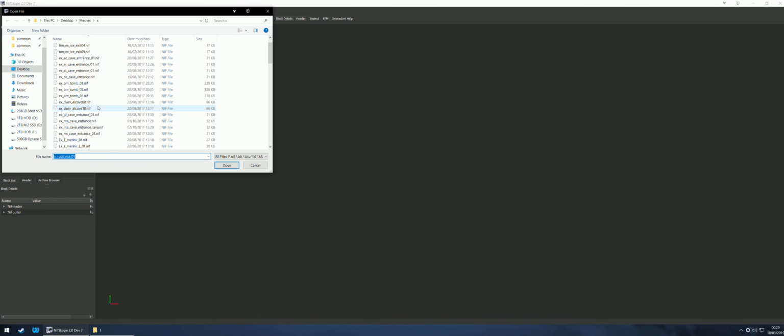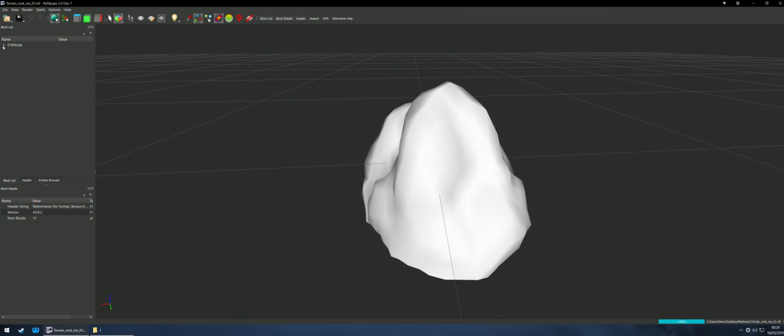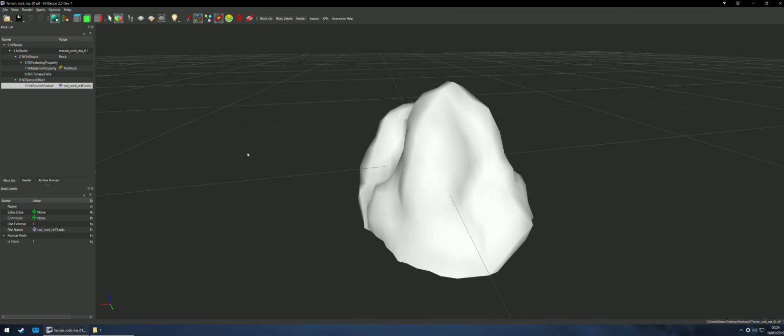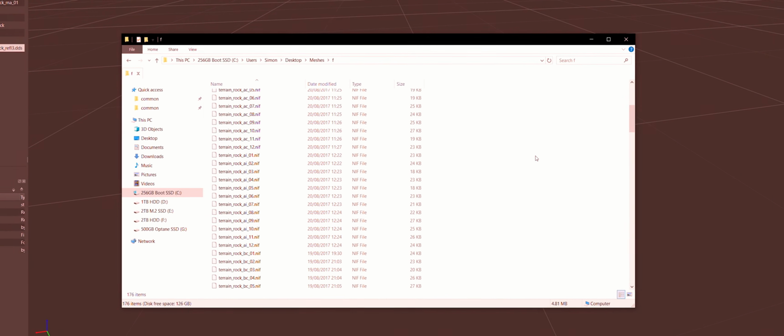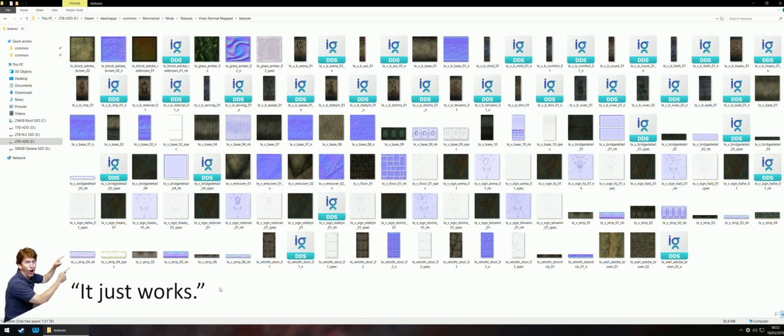When Morrowind released in 2002, it didn't support normal mapping as we know it today. Instead it supported traditional bump mapping, where you have to manually edit every model you want to bump map one by one. Every single one. Modern normal mapping is a kind of drag and drop process, and it looks a lot better than traditional bump mapping. Pretty much every game made in the last 15 years has used normal mapping, and nowadays when you go